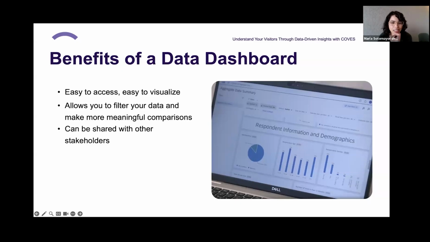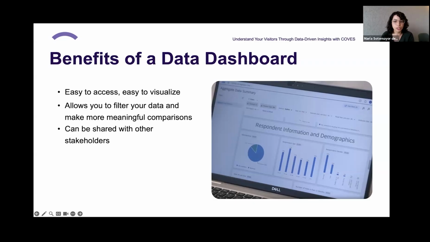It's easy to access. Dashboards also allow you to filter your data and make more meaningful comparisons, which I'll dive into more in just a second. Dashboards are also super useful when it comes to sharing this data across departments. Multiple departments can be referencing visitor data. They can be playing in the data dashboard when they're making decisions to see what the visitor data tells them.